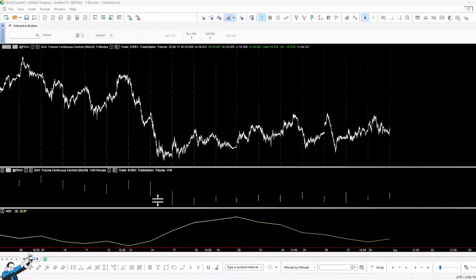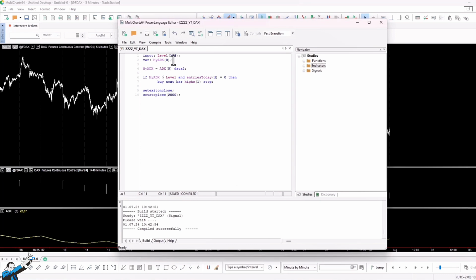At the bottom, you see the indicator we're using for our strategy development, the ADX. This indicator is calculated on the daily series as we're interested in daily bars, and as you can see, it ranges from a value of 0 to a value of 100. For this strategy on DAX Futures, I choose to calculate ADX using 5 periods. Let's now go and have a look at the script of the strategy, which is quite brief and simple. First, we have an input and a variable. The input is a threshold level above or below which we'll buy, and the variable designates the ADX calculated on data 2, which is the daily series we're interested in.